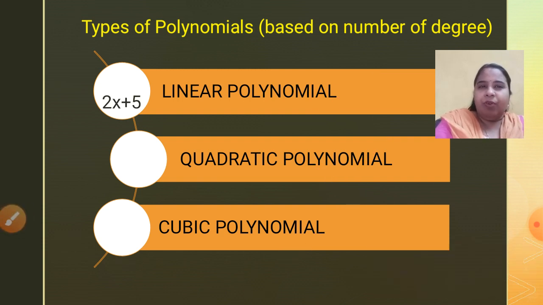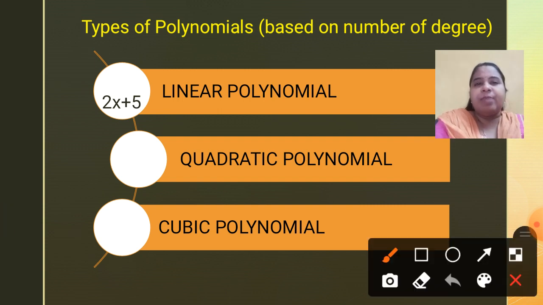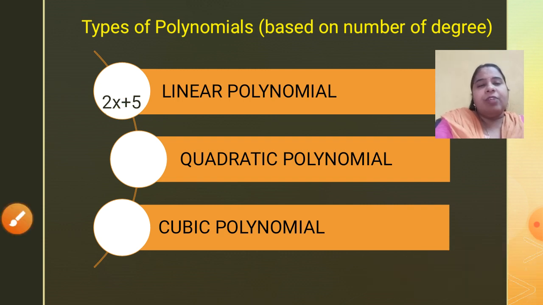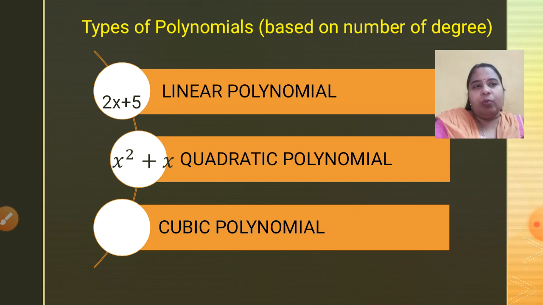Now I am giving you example here. 2x plus 5. Now what is the degree of this? Degree is 1. As you can see here, 2x plus 5, the highest order is, nothing written means it is 2x raised to 1. So what is the degree? 1. So for linear, the degree is 1. I hope it is clear. Yes. Then for the second one, quadratic polynomial. See the degree. Degree is 2. That is the reason it is called as quadratic. Quadratic means degree 2. Okay. See the third one. Third one, what is the degree? The degree is 3. That is the reason it is called as cubic polynomial.